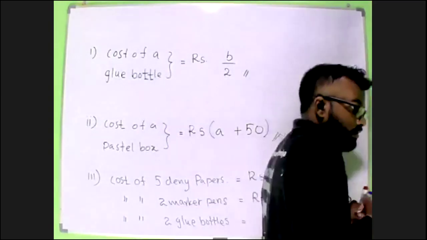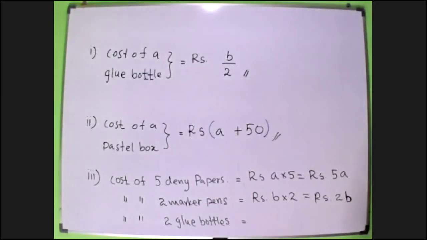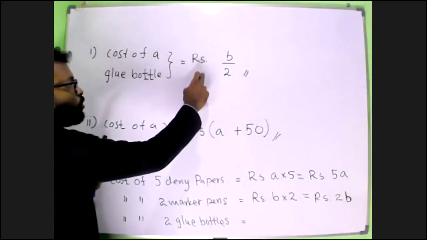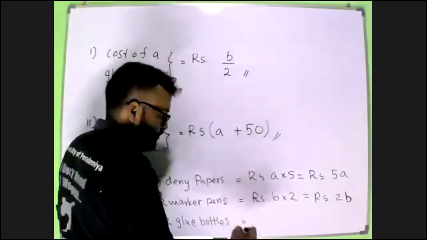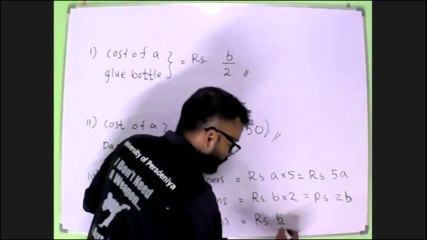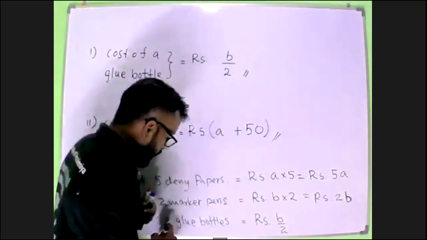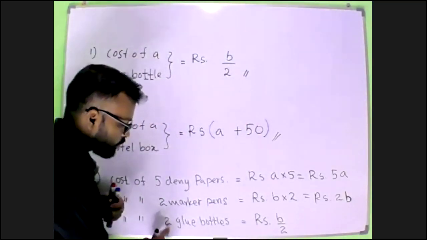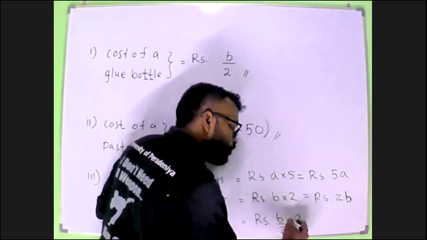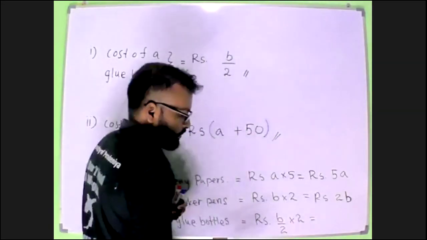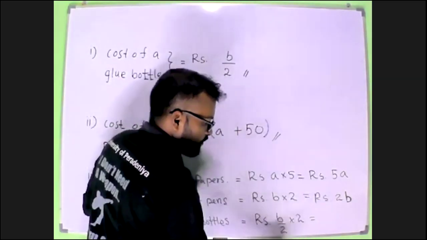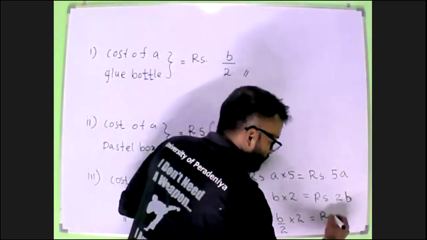So, a glue bottle is half of a marker pen. So we have found that one glue bottle costs B divided by 2. So to find the cost of 2 glue bottles, it is B divided by 2 multiplied by 2, right? So you can simplify it, 2 times 1, 2 times 1. So the final answer will be